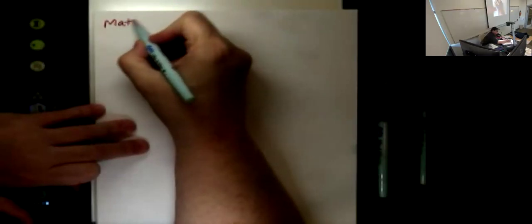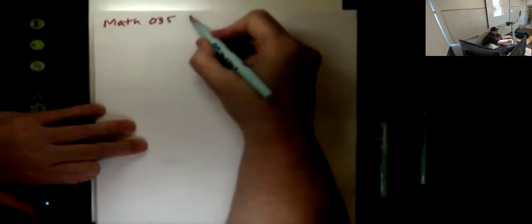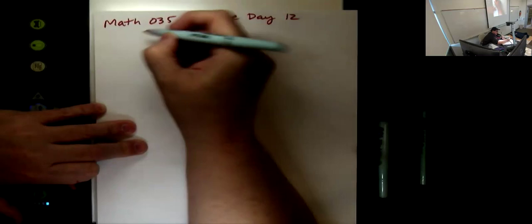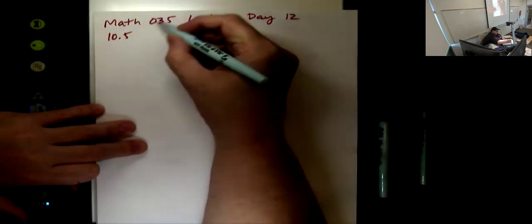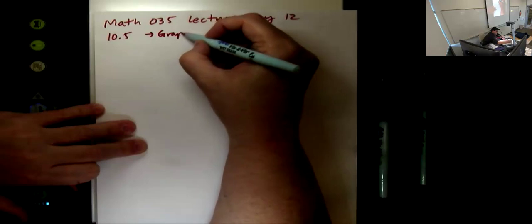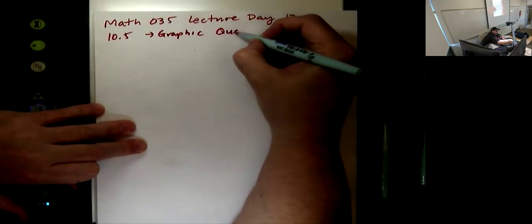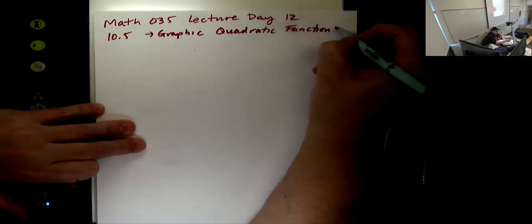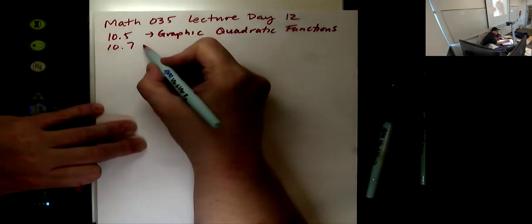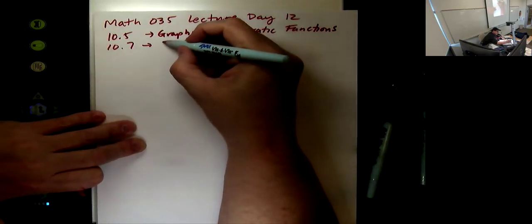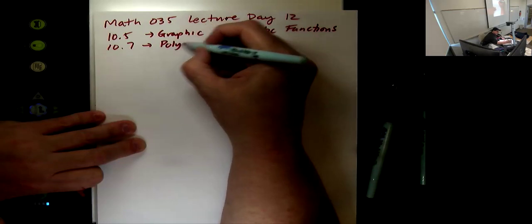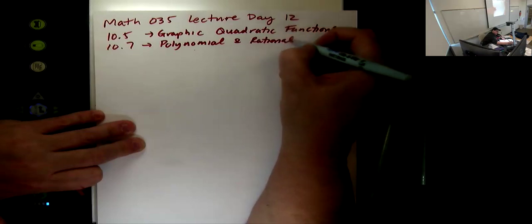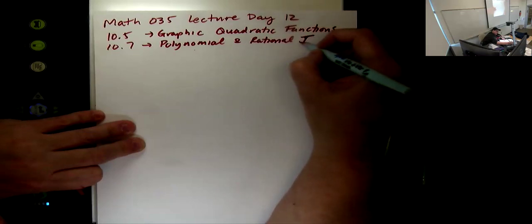Math 35. This is lecture day 12. We are doing 10.5, which is on graphing quadratic functions. We're going to do 10.7, which is polynomial and rational inequalities. And if time permits, we will look at a couple of word problems,